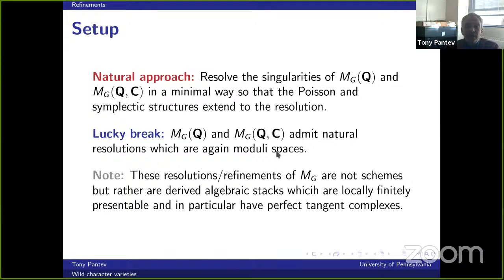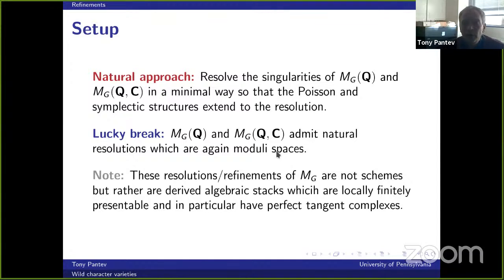So these resolutions are just coming from refining the moduli problem that I was considering, the moduli problem for representations, wild representations of the fundamental group or wildly ramified connections. And the way you refine that moduli problem is to allow the parameter space for your objects, your connections or fundamental group representations, to be not schemes, but to be stacks, and in fact to be derived stacks. So I'm going to allow stackiness, and I'm going to allow extra nilpotents in